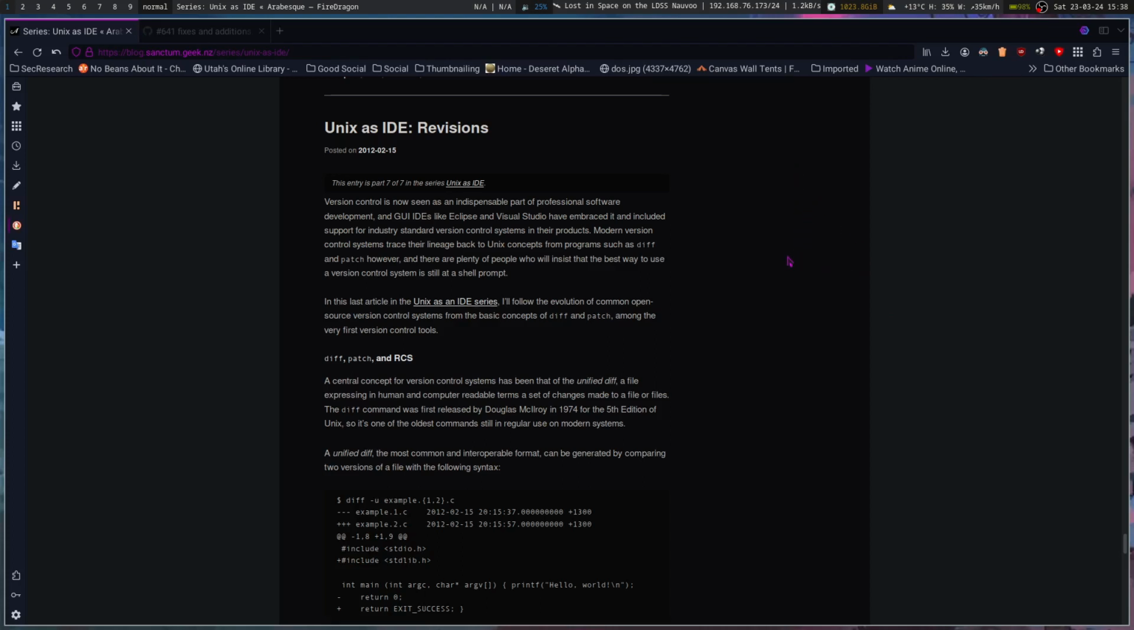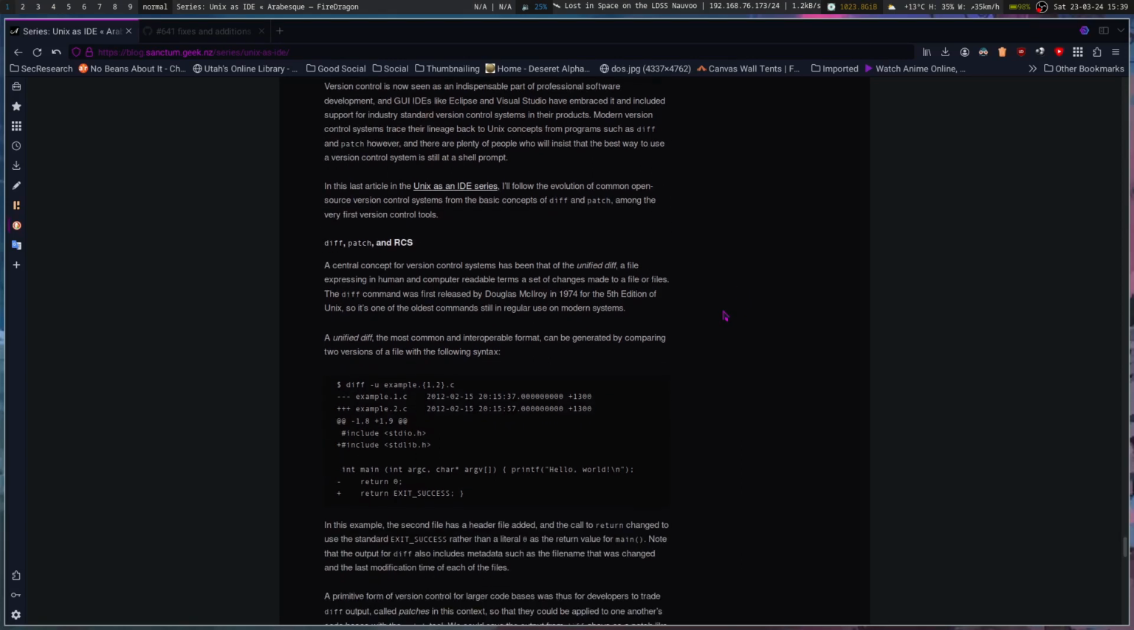revisioning. Version control is now seen as an indispensable part of professional software development, and GUI IDEs like Eclipse and Visual Studio have embraced it, including support for industry standard version control systems in their products. Modern version control systems trace their lineage back to Unix concepts from programs such as diff and patch, however, and there are plenty of people who will insist the best way to use a version control system is still at a shell prompt. In this last article in the Unix as IDE series, I'll follow the evolution of common operating system